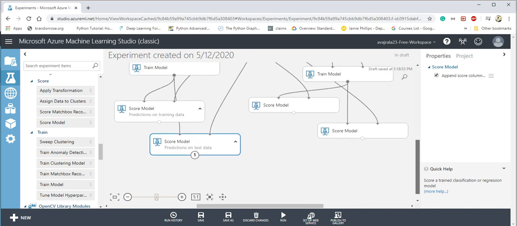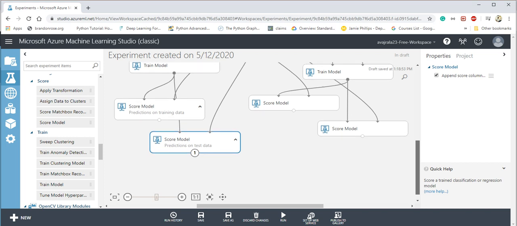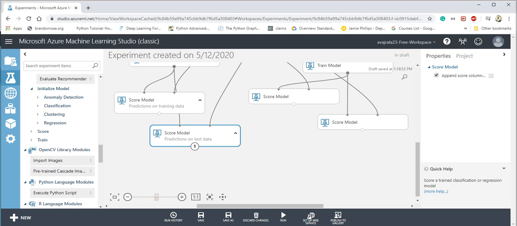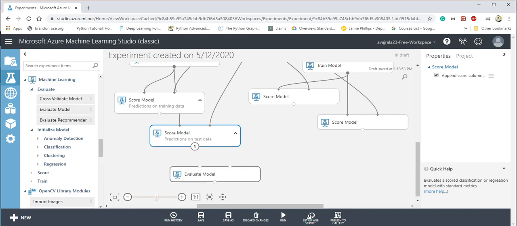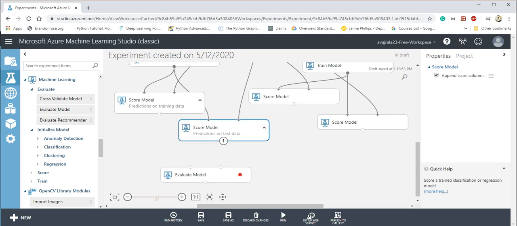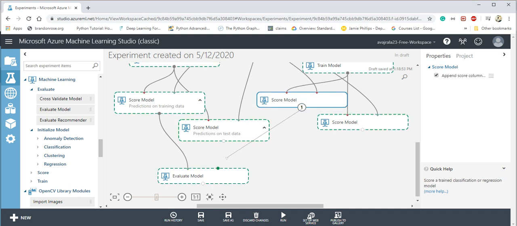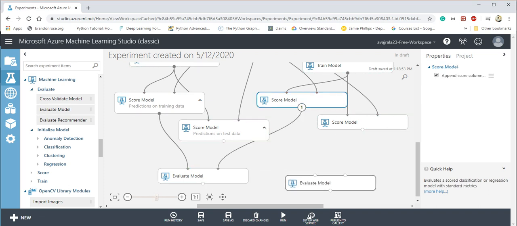We want to compare different results, how well this model is performing. So we have the module called evaluate. So using evaluation we can just connect these evaluation at a time. We can compare two results as well. We can compare training results of these two models and test data set result of these two models, just to compare how these two different models are performing side by side. That's why it will take two inputs.